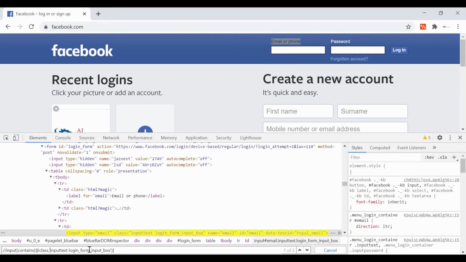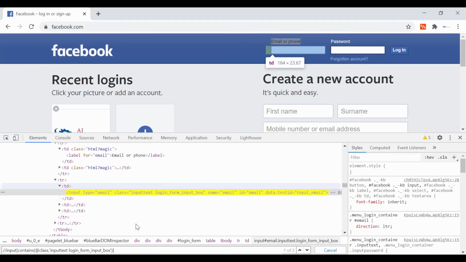As you can see, it's highlighting two web elements because they have the same classes. Both the password field and email field have the same classes, that's why it is showing 2. But that is the use of the contains method.